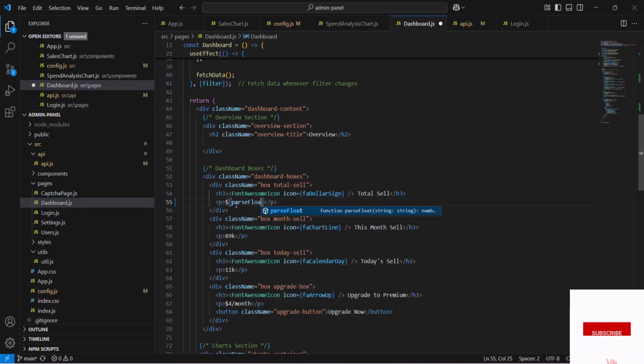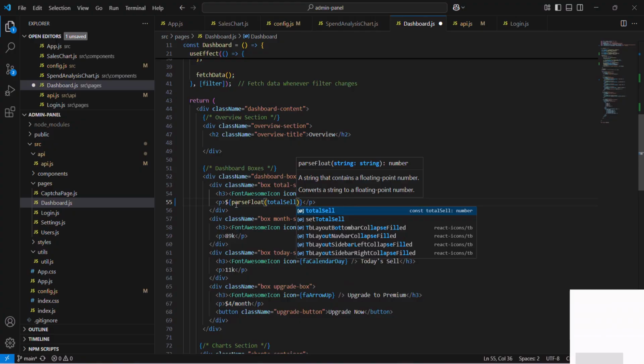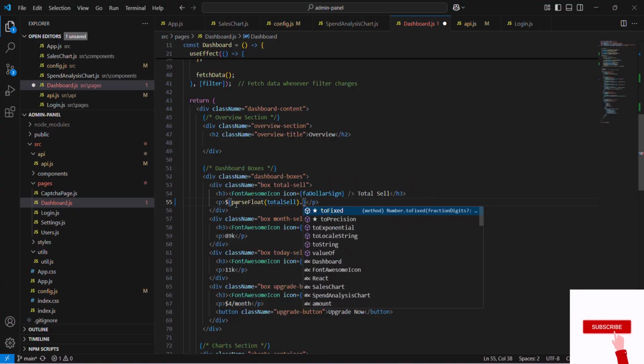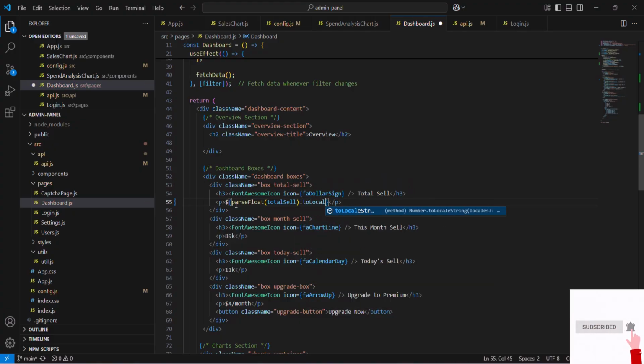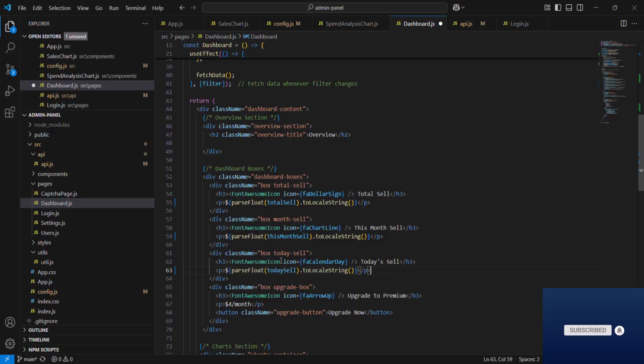We are using parseFloat and toLocaleString to make the numbers look nice. We are applying the same logic for this month's sell and today's sell.